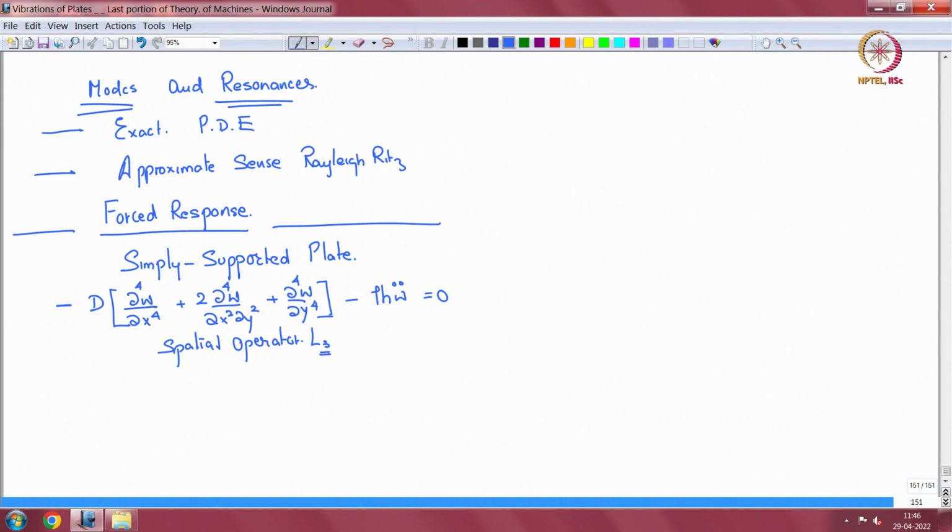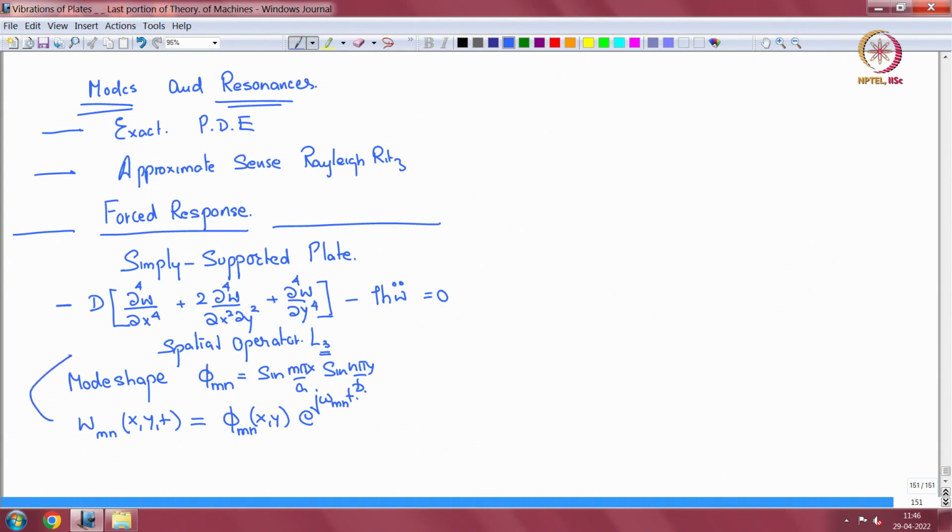Now the mode shape for a simply supported case is phi mn equal to sine m pi x by a sine n pi y by b, and the response in a single mn mode shape, the free response, is w mn of x, y, t equal to phi mn of x, y at the natural frequency. So if I substitute this in there,